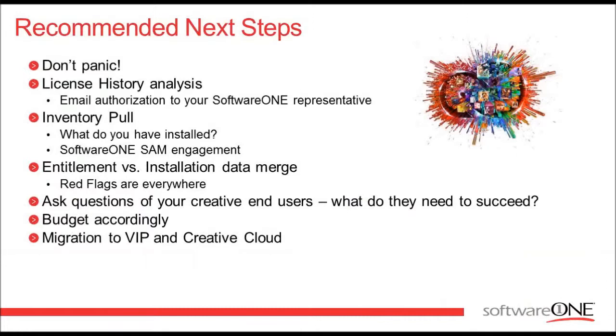Typically what happens is an end user will say, I need Photoshop. And then 5 months later they say, oh, I need InDesign as well. And then 3 months later they go, I need Acrobat. Well, now you have 3 point products that are typically about $2,000 worth of product. You could have had the entire Creative Cloud team suite for $480 a year. So there's typical overspend when it comes down to point products. Definitely understand what the end user community needs and what they're going to need in the next 12 months.